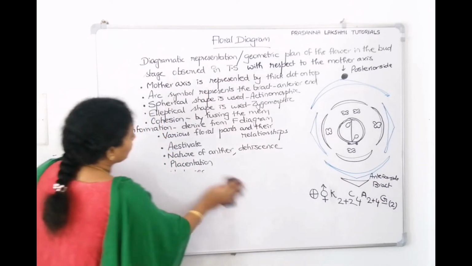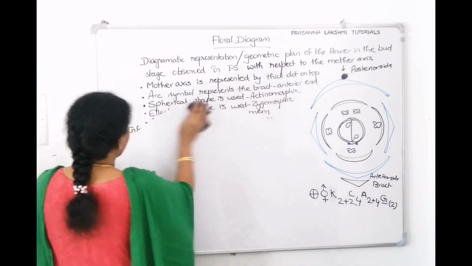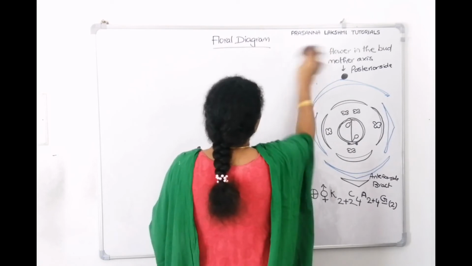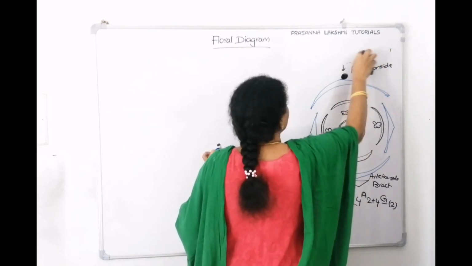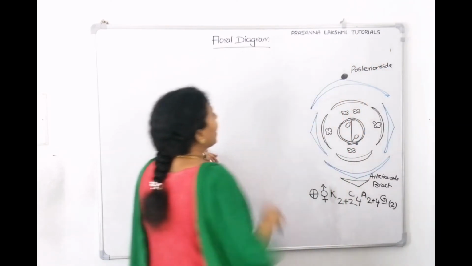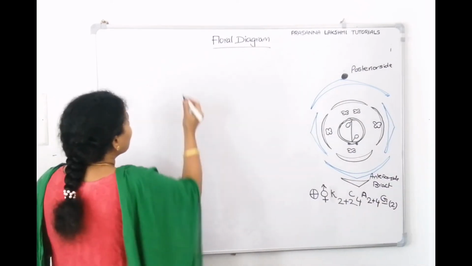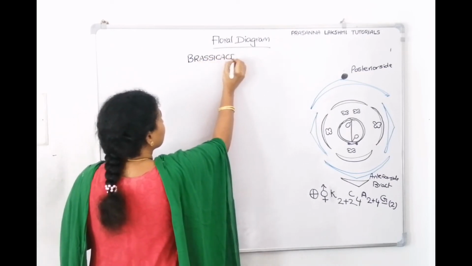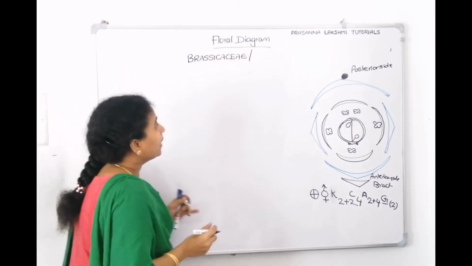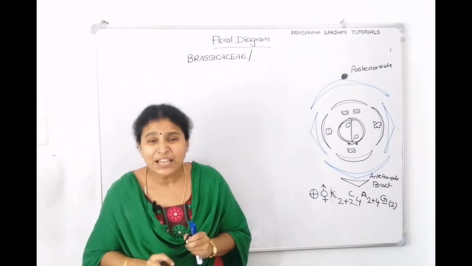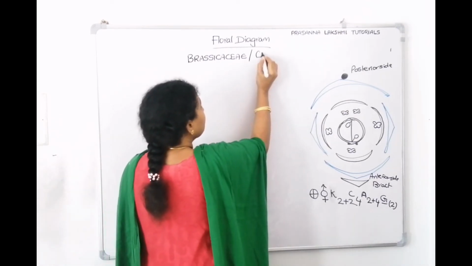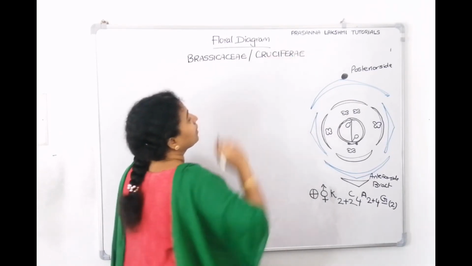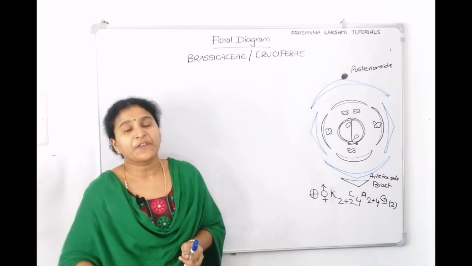Okay. Now, since the floral formula and floral diagram are there for Brassicaceae, let us study about Brassicaceae and understand it. Then we have in NCERT they have given detailed explanation of Fabaceae, Liliaceae and Solanaceae. That we will see it in the next session. So what is this family? It is Brassicaceae. Brassicaceae is also called Cruciferae. What's the other name? Since the petals are like crucifer, we call it as Cruciferae, right?